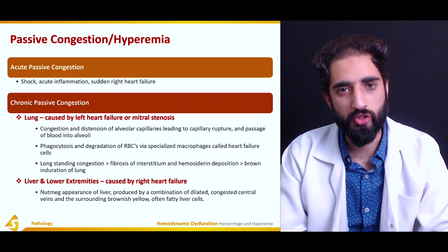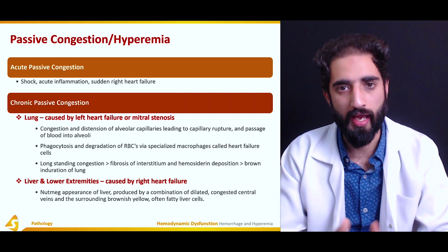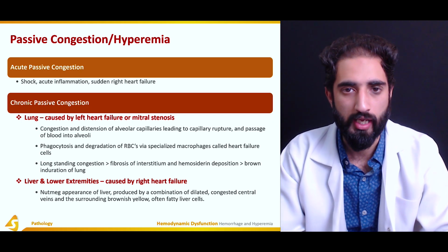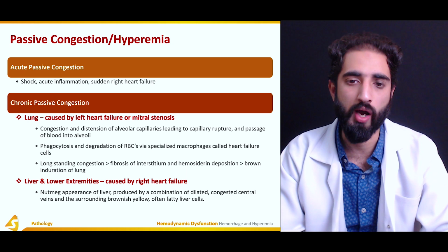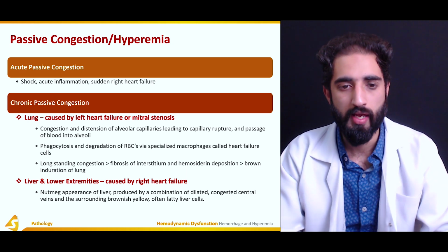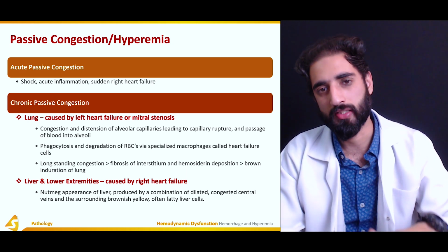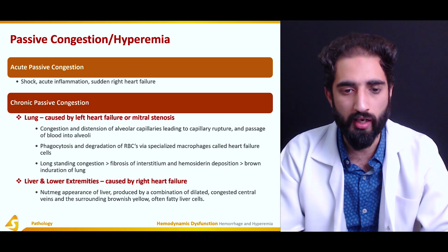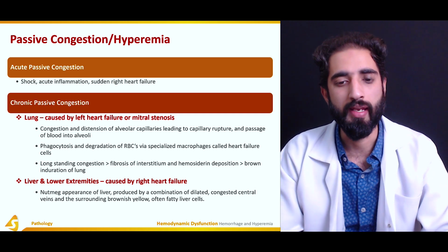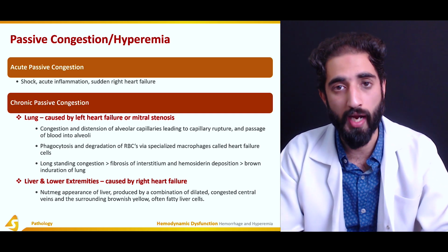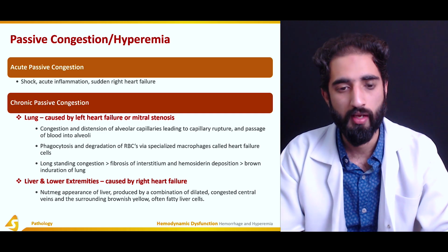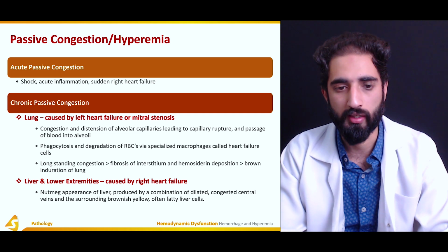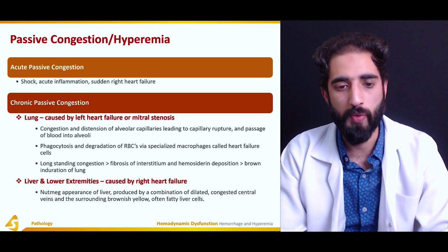In acute passive congestion, it is sudden and it is in a very short span of time. For example, in shock, inflammation, or sudden right heart failure. In chronic passive congestion, it is a slow process. For example, if chronic passive congestion occurs in the lung, it is usually caused by left heart failure or mitral stenosis. It is because of congestion and distension of alveolar capillaries leading to capillary rupture and passage of blood into